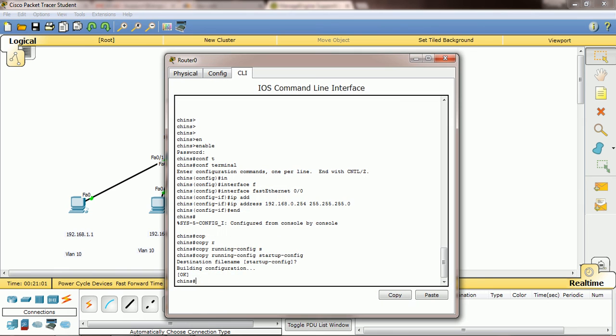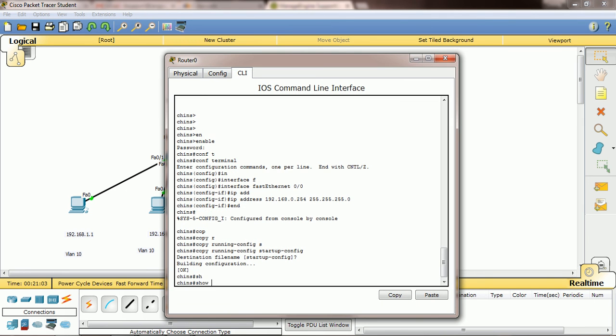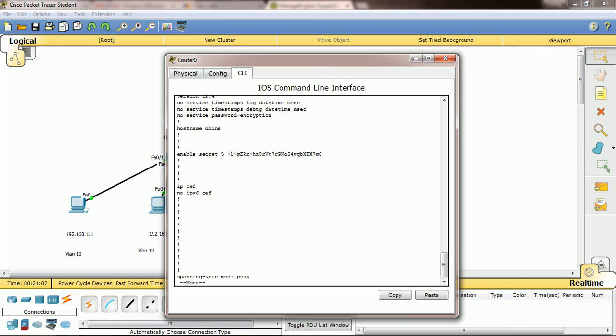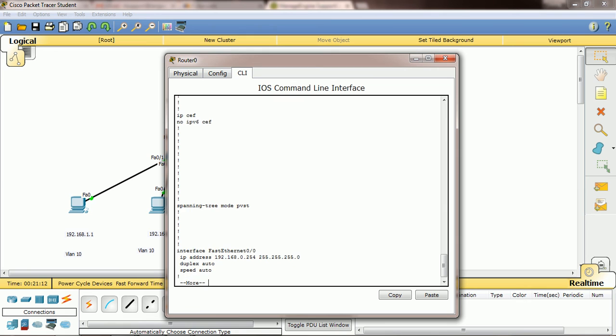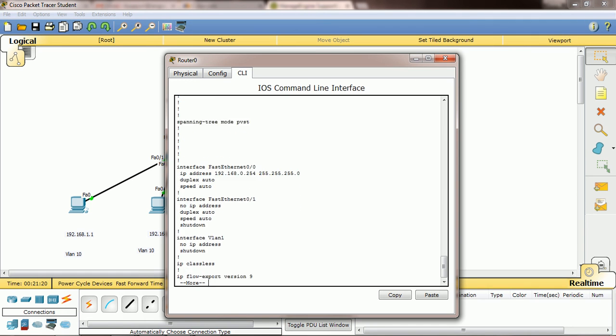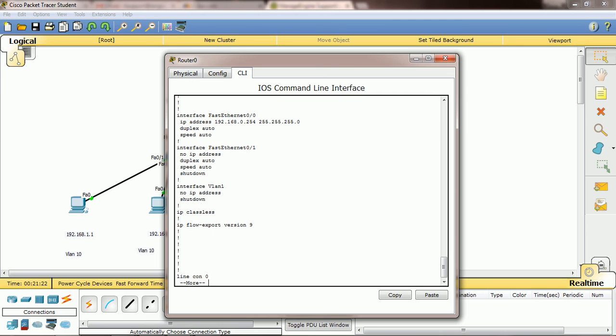If you give show running-config, you can see what we did here. Hostname is there, enable secret is there, and the interface with the IP we assigned. We only used interface 0/0, apart from that we didn't use anything, right?